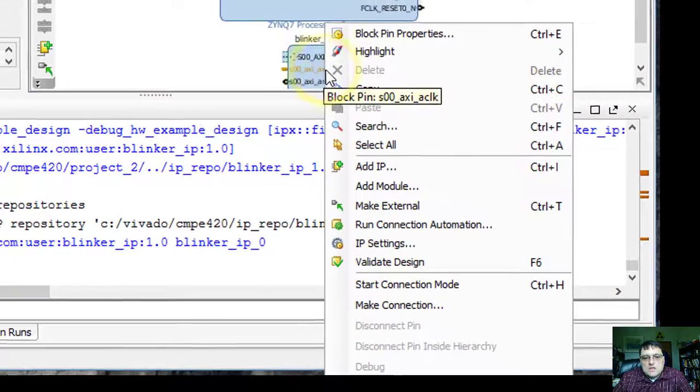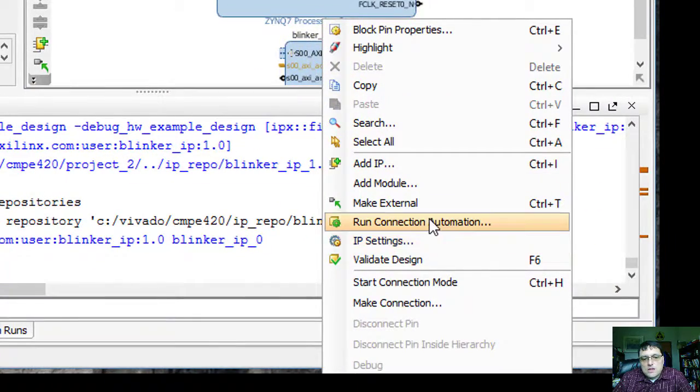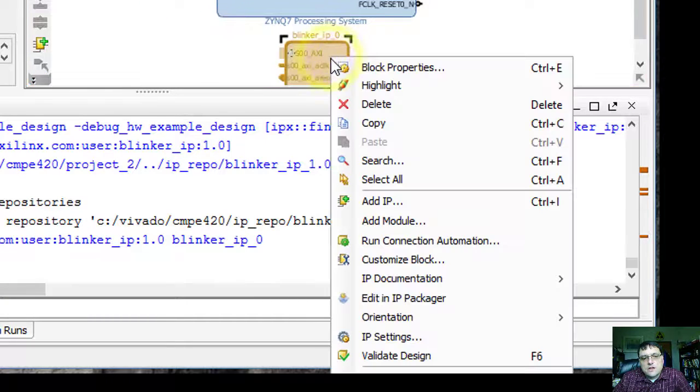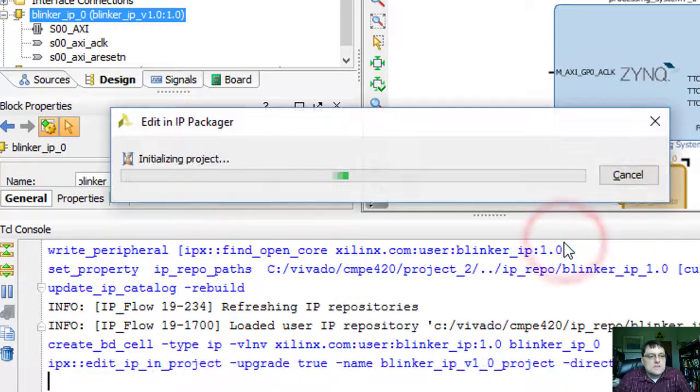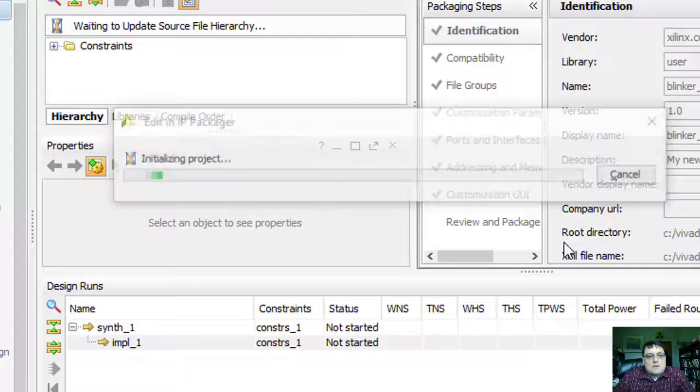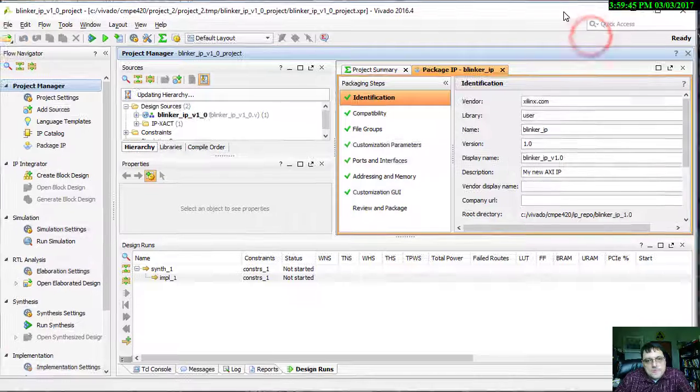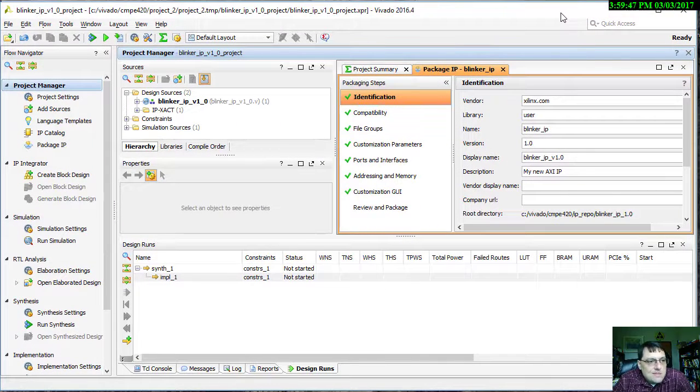So I'm going to right click on the block here, and I want to edit in IP Packager. This is an option that's going to allow me to make changes to this device. It's actually going to open up another Vivado instance on top of this one. Okay, so now I'm in this overlay, this other Vivado project, and if I expand this,